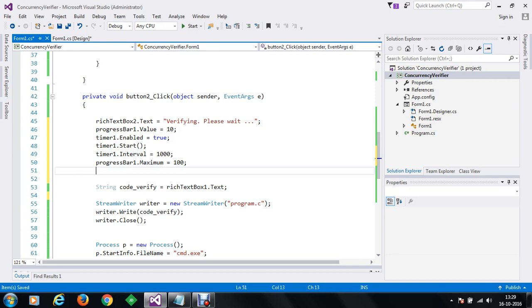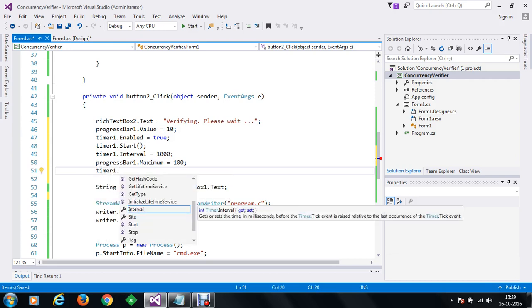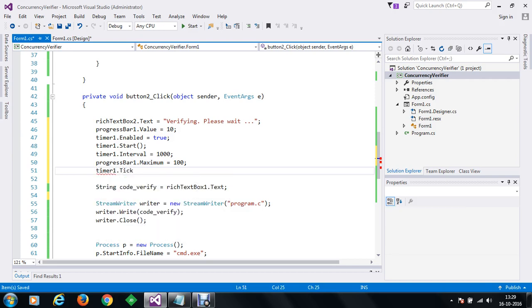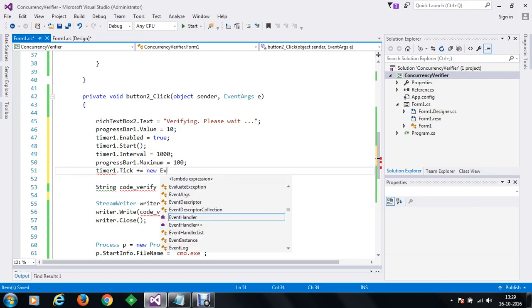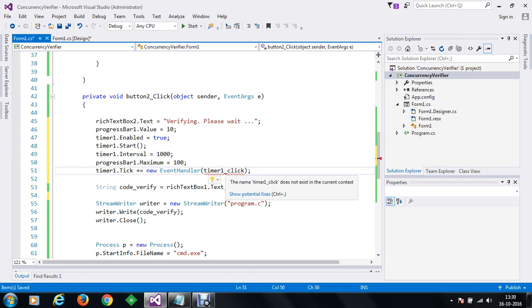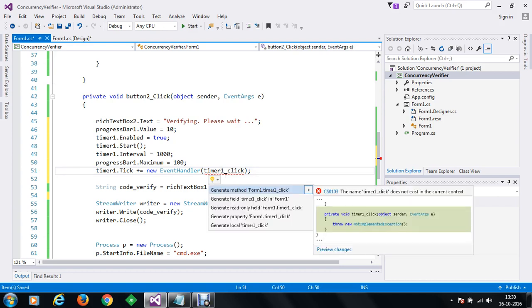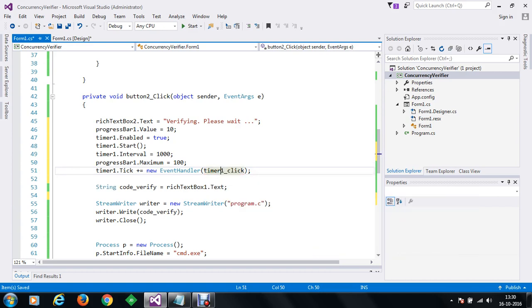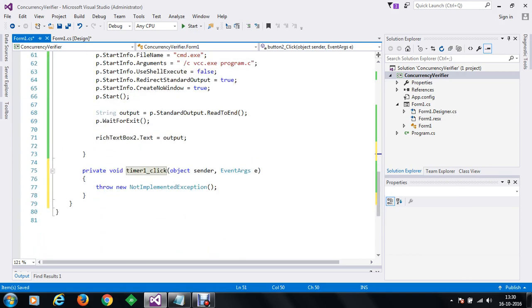Now we are going to set a timer event, timer1 dot tick plus equal to, we are setting a new event handler, and the name of the timer1 dot click will be the name of the event handler. So we'll click on it, go to the help section, and generate a method form1 underscore tick. If you go to the bottom here, you can see that a method has been created. We are going to override this method. We are going to say if,